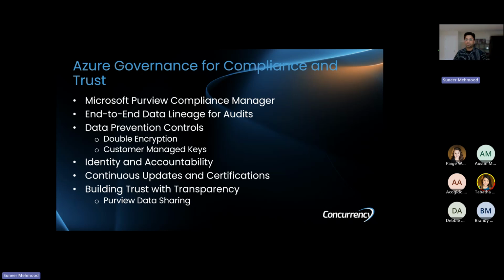And Microsoft always continuously updates their certifications, right? So whether it is GDPR or some new law that comes, Microsoft keeps updating. So if you're using Microsoft tools like Purview or Fabric, you are safe, because they get certified, and those new standard rules will get added to the policies. That is well within Microsoft.